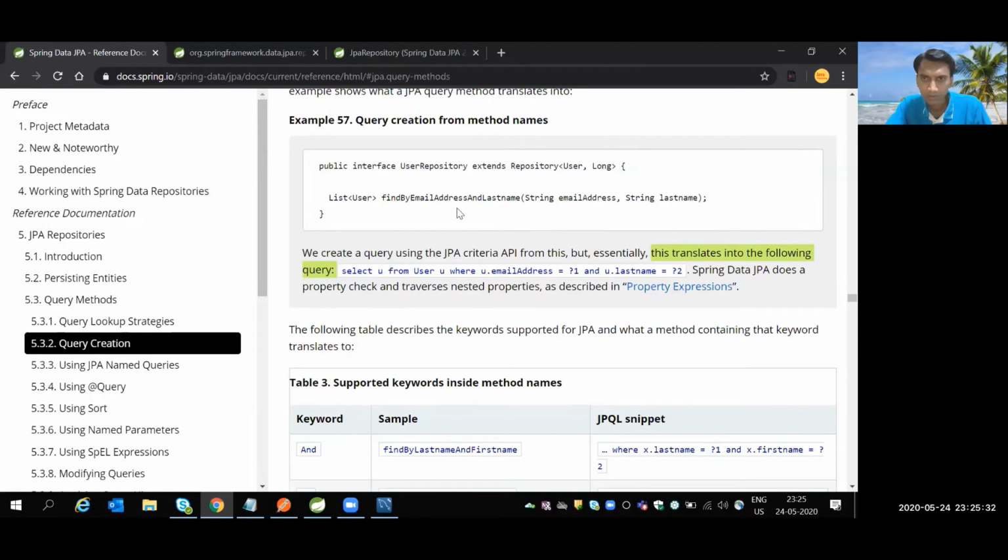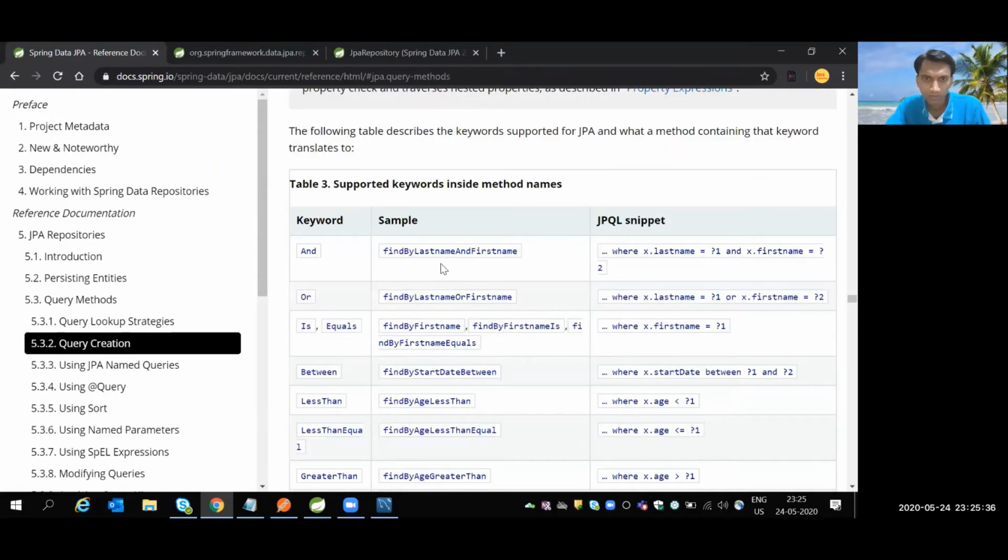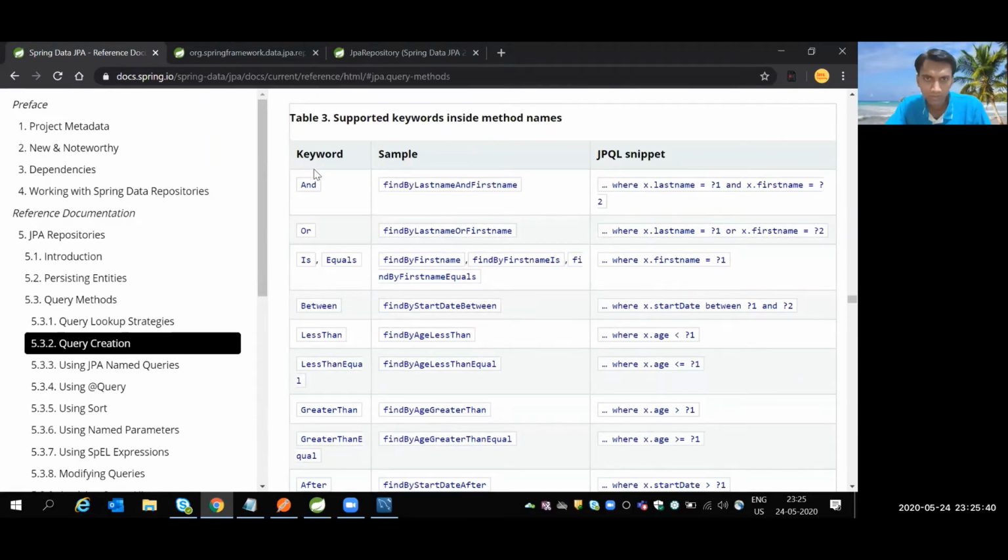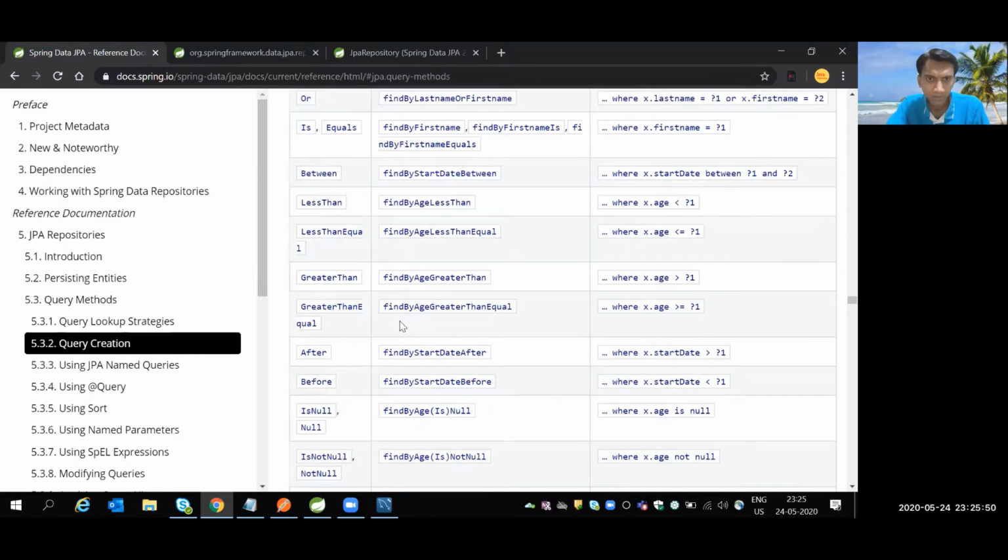Spring Data JPA automatically converts this query. So for whatever customized query you have, you have to go through this table: keyword, sample, and JPQL snippet, which is nothing but a query-level language.